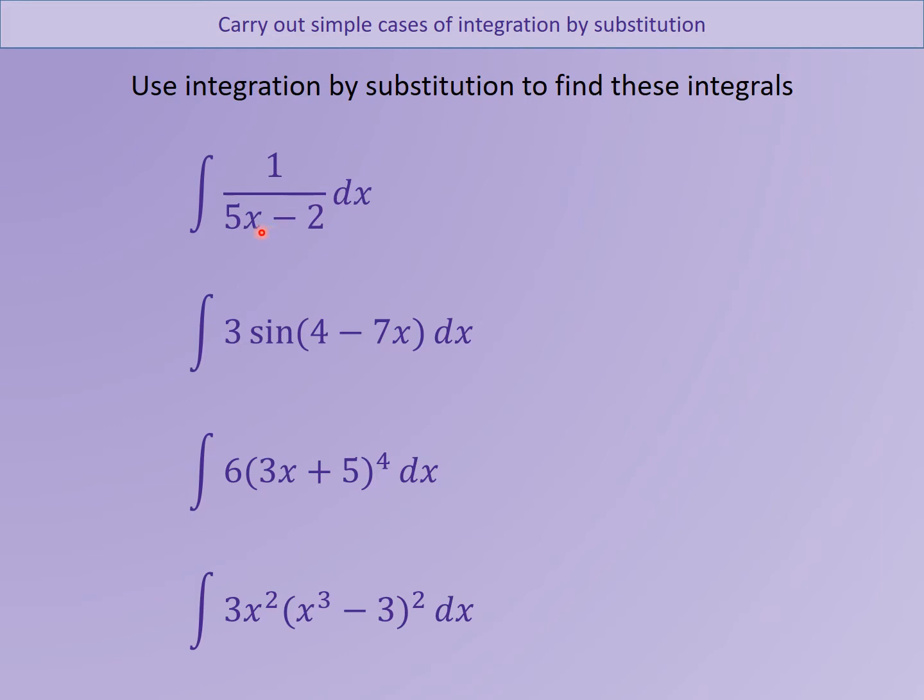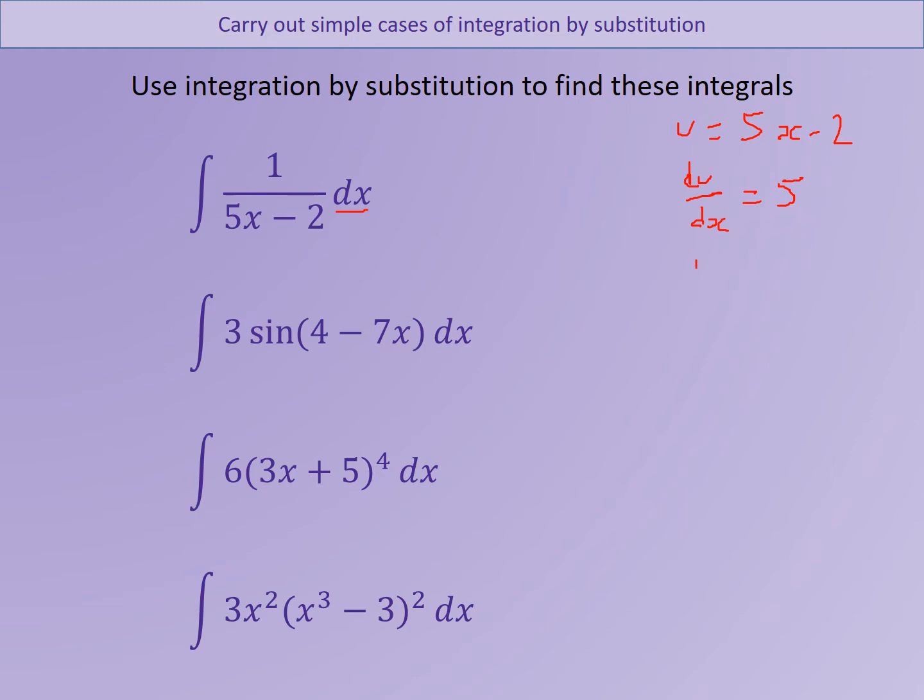Okay, so this first one, hopefully you looked at this, do this one together, and you thought my u value is going to be 5x minus 2. So I've got 5x minus 2. Now that's 5x minus 2, I can work out what du over dx is. So I've got du over dx, and that's going to be equal to 5. And a bit of rearranging, so I can take the dx over that side. That can be du equals 5 dx, but because I want dx on its own, because I'm substituting in there,